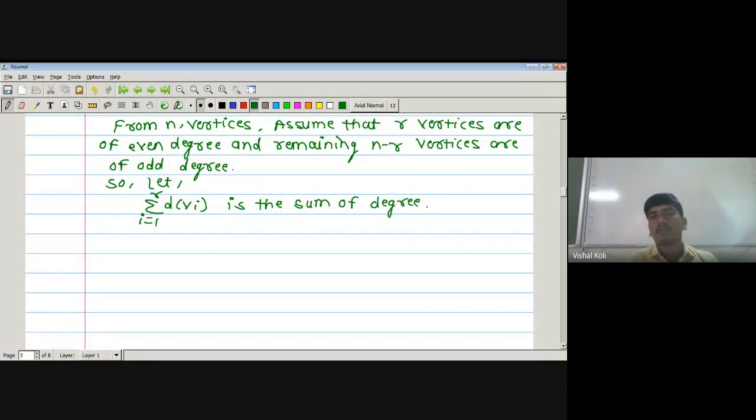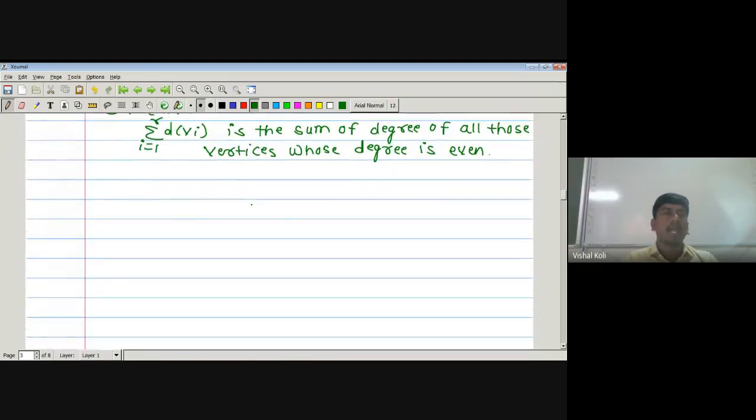Summation i running from 1 to r of d of vi, that is degree of vi, is the sum of degrees of all those vertices whose degree is even. Since there are r vertices having even degree, summation i running from 1 to r of d of vi is the sum of degrees of all those vertices which have even degree, and